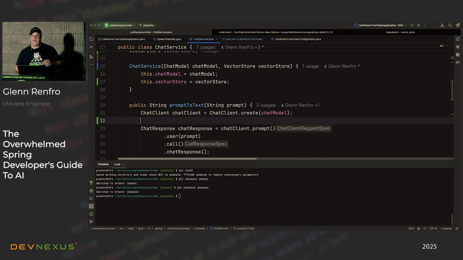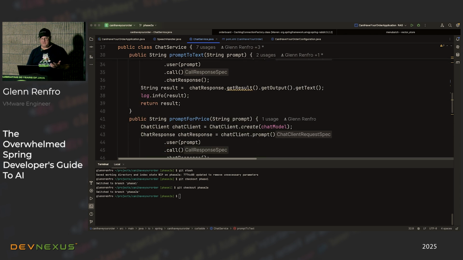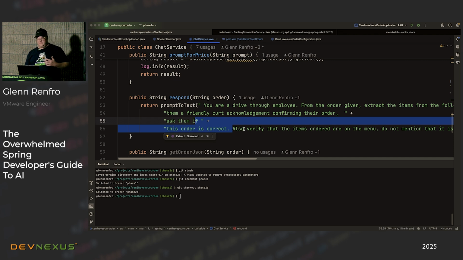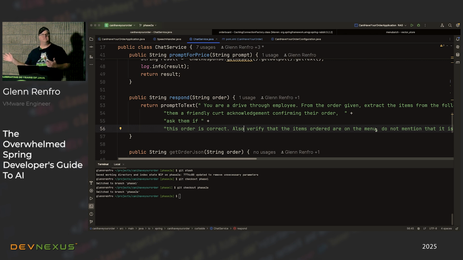So how can we apply our RAG implementation here so that it can take our prompt and add in the menu? But before we do that, let's look at how we may have modified the prompt. Remember the original prompt we had, where we said, give them the order, make sure the order is correct. But I also say, also verify that items ordered are on the menu. I have some text after that that says, look, only mention the word menu if they order an item that's not on the menu, okay? So I give the modified response, but I still need to apply that